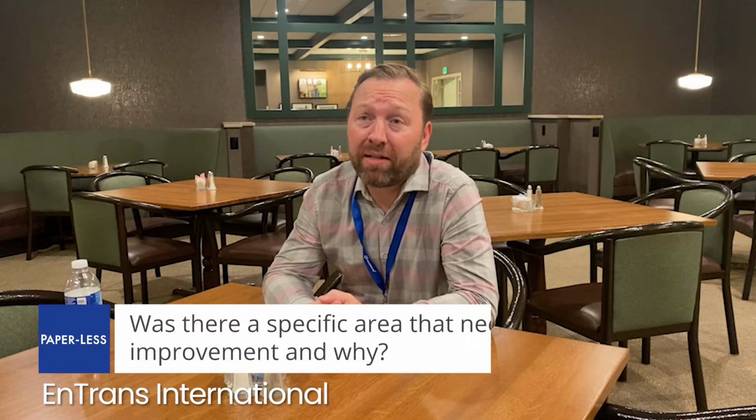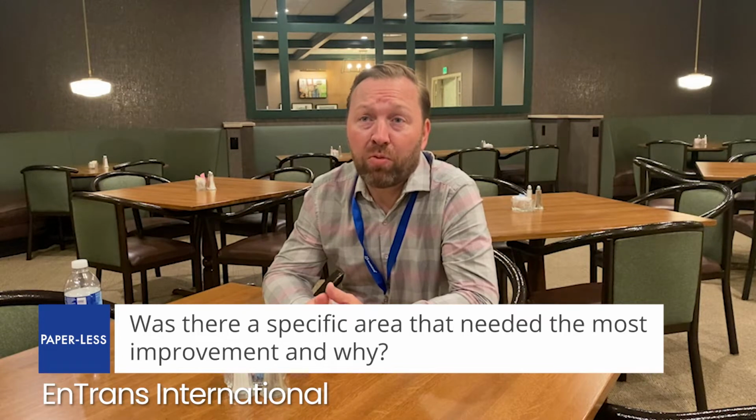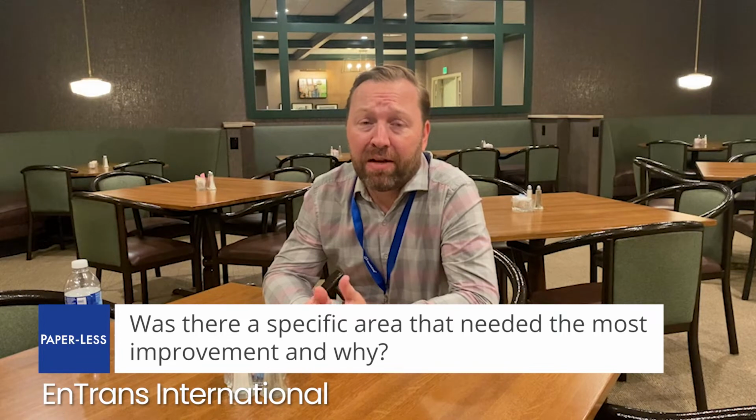Number one goal, collecting labor against our units that are running through the plants so that we could get actual measurements of how well we were performing versus what we quoted. So we were definitely able to do a better job of that, collecting labor time by unit and reporting out on that. The other part of it is, from an inventory standpoint, we were able to have much more